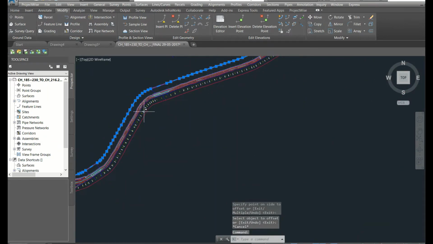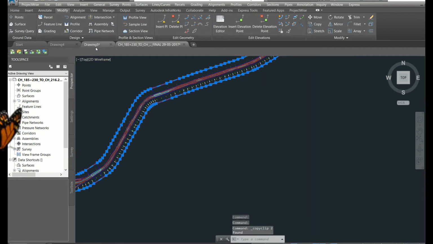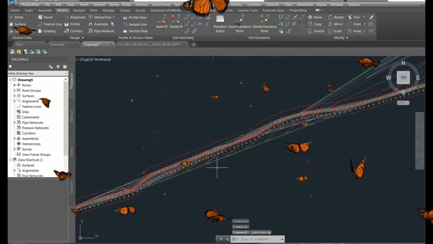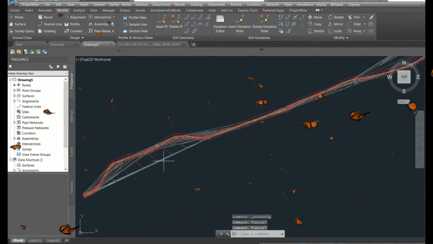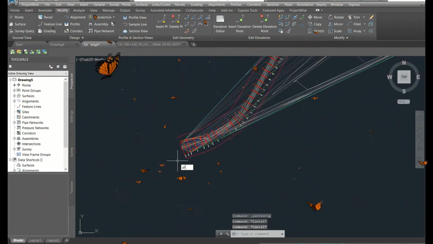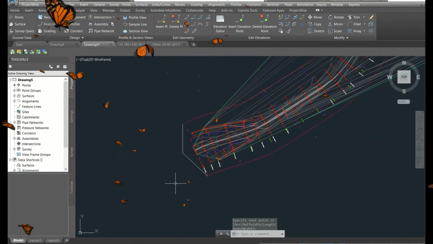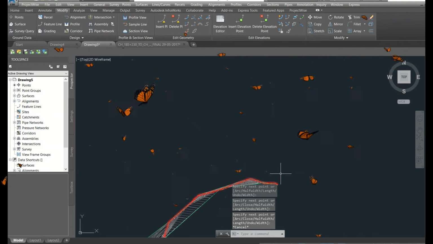I'm going to add these two lines to here. Clipboard, paste to original coordinates. Done. Then I will join with some polyline. Okay, here also.